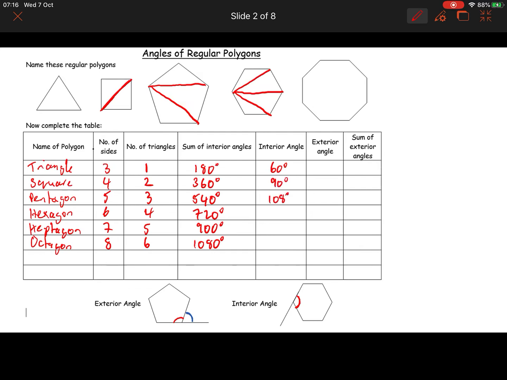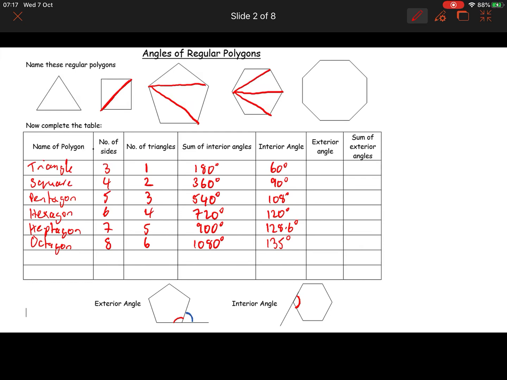That's going to be 108 degrees. That's going to be 120 degrees. Heptagon's going to be a weird number. It's going to be 900 divided by 7, which is to one decimal place 128.6 degrees. We always do angles to one decimal place unless told otherwise. And then an octagon, divide that by 8, it's going to be